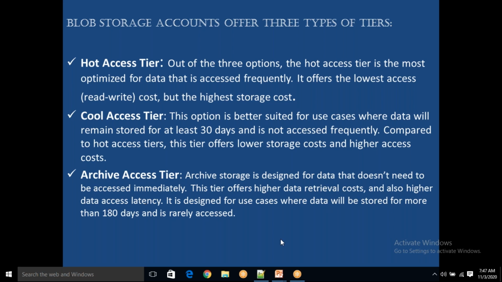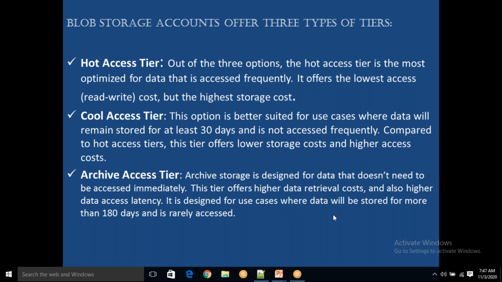Higher latency means if you want to access data in the archive access tier, it will take more time because it is archived. You need to unzip it, something like that, then you get it. Latency is nothing but the time it takes to give you the response. High means more time to give the response.